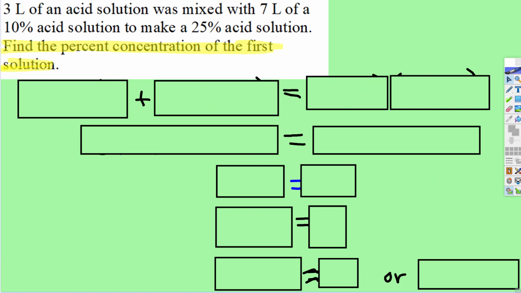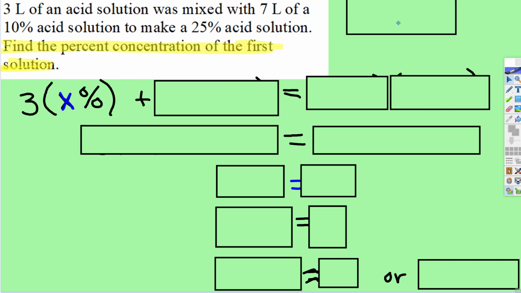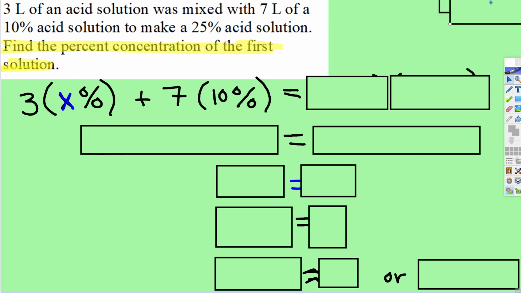All right, one last one. Now it wants us to find a concentration. Find the percent concentration of the first solution. So we're mixing two, we're in chemistry class. 3 liters of a certain concentration we don't know. We're adding that to 7 liters of an acid solution of 10%. And we're making,